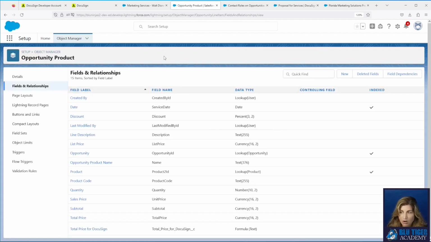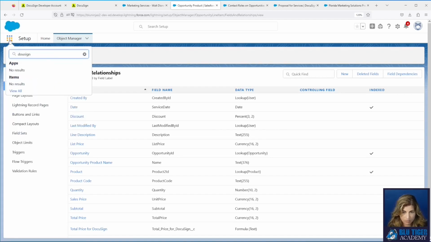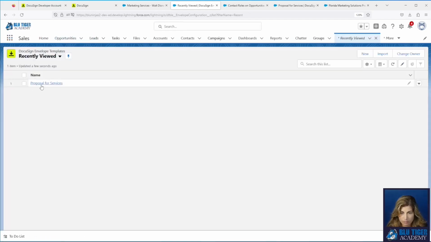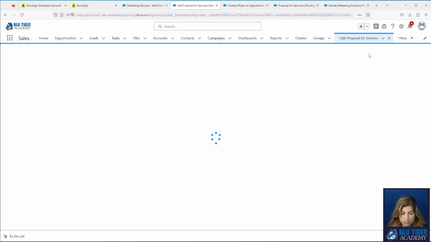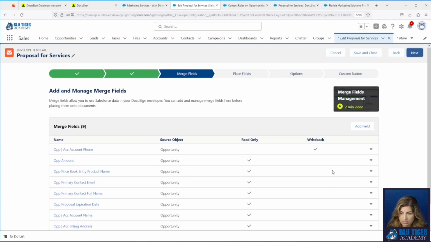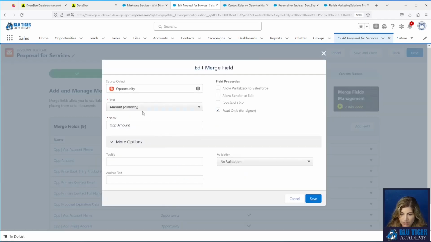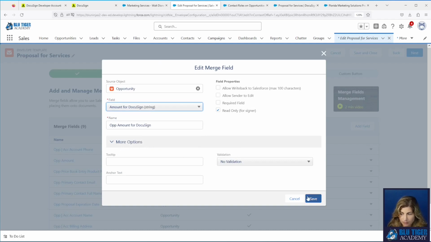So now we have all of our new fields created, and we will go back to our DocuSign envelope template record. And we will edit it. We'll click Next, Next, and then we're going to edit the amount field here. And we're going to choose amount for DocuSign. We'll click Save.